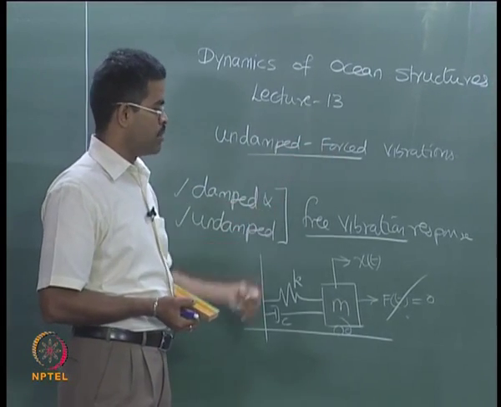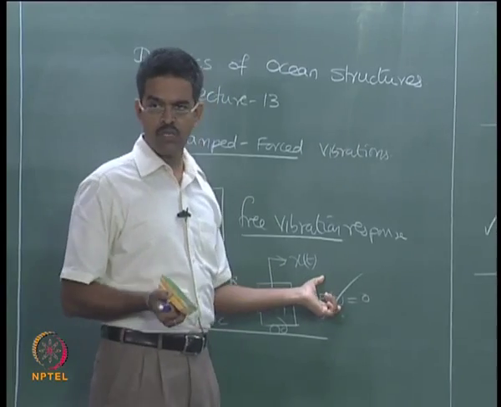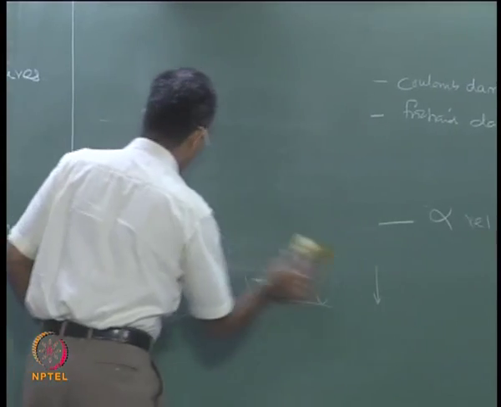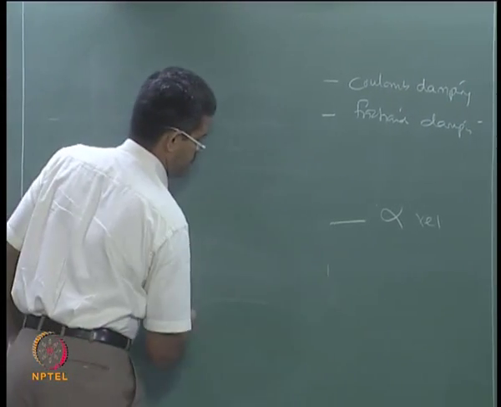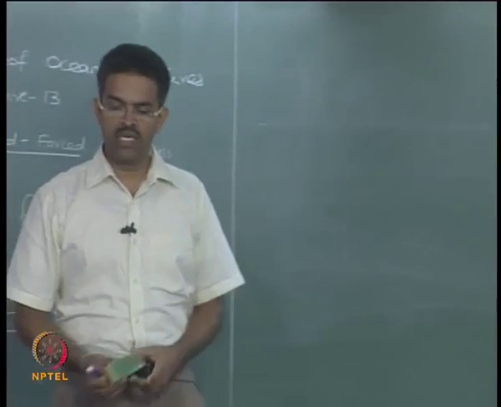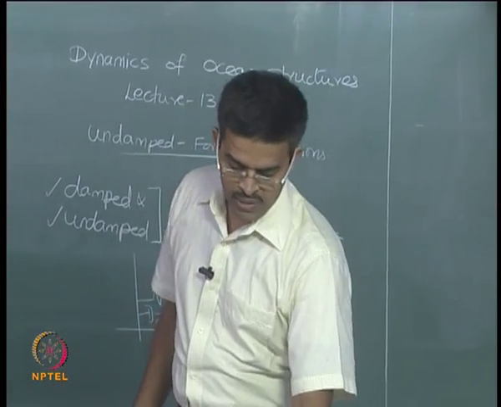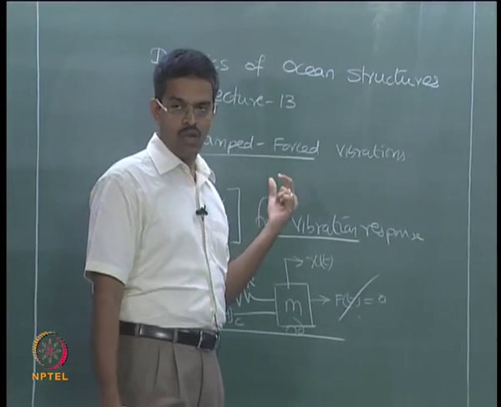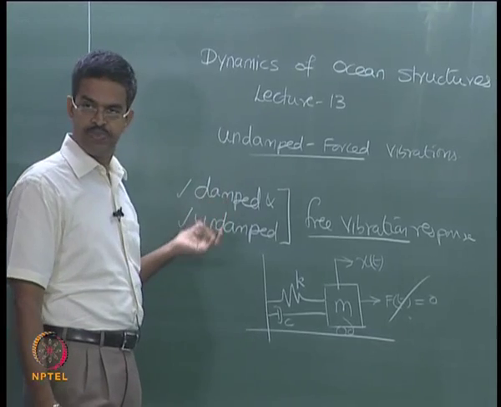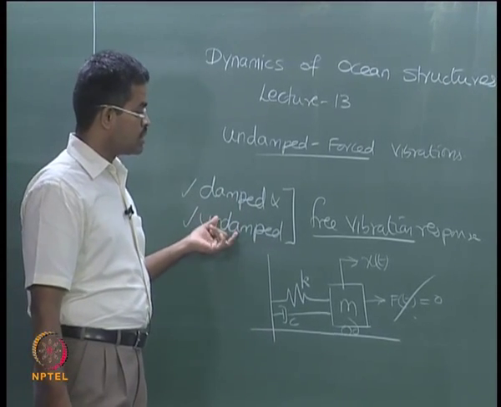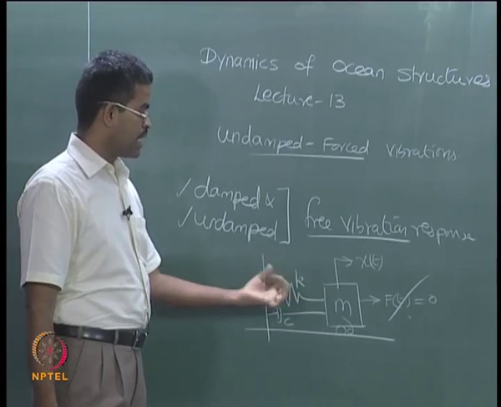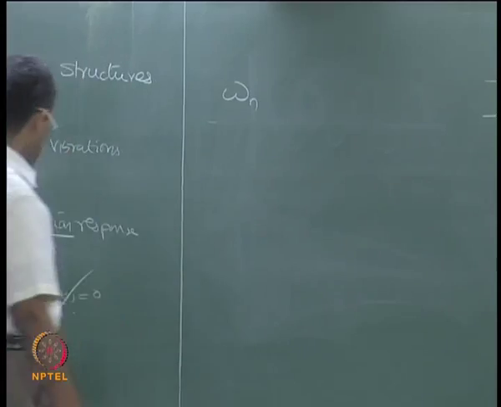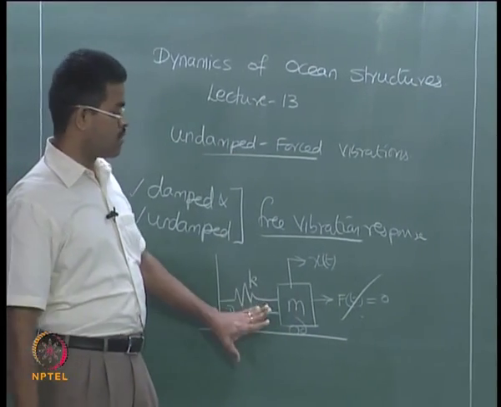The moment I say forced vibration, f of t will be included in the system, it will be present. One may ask a question very violently that f of t which is arising from the sources of, let us say, wave forces, wind forces, etc., then why we should exclude the presence of f of t in the study at all? I mean, what is the relevance of this study? The relevance of the study is to understand what are the free vibration characteristics of the model itself. Ultimately we are interested in estimating the natural frequency at which this model is vibrating, which is otherwise not influenced